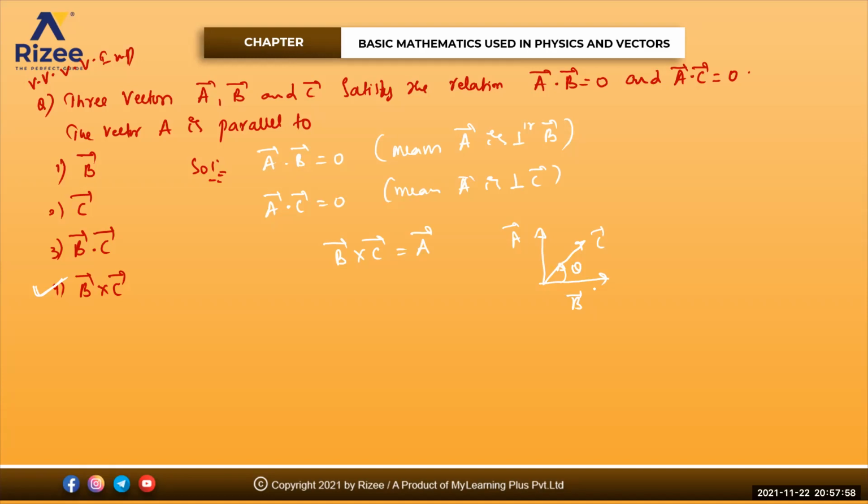Any doubt? Yeah, you will not be able to do this question well. The reason is I have not explained the B bar cross C bar concept. Once we do the cross product, we can do it. No problem. You can leave it for the time being and go for the next one. Clear? So don't take tension. When we do the cross product, we can come back to this model again. Any doubt to anyone in this one? Chalo, I'll do it when we do the cross product relation. Don't take tension. Okay.